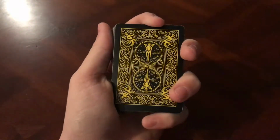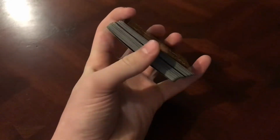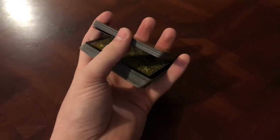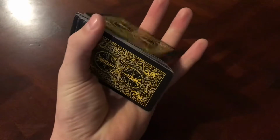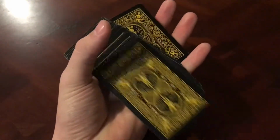Alright, and to go through it one more time, you're going to have it in mechanic or dealer's grip. You're going to rotate that pinky to rotate the deck, pick where you want to cut upwards and grab that portion, let go with the index finger and the pinky finger, bring that index finger back to push this portion of the packet up, let those cards fall by releasing pressure back here, let them fall all the way down,